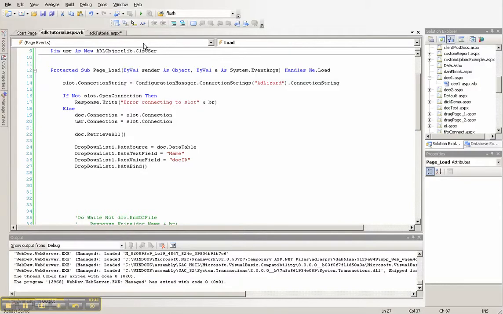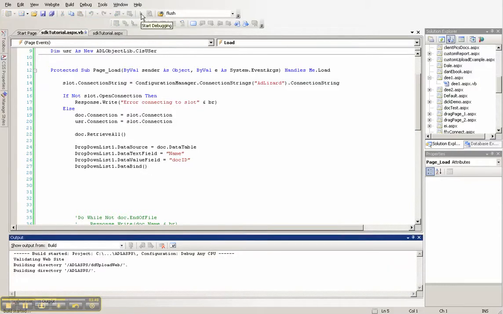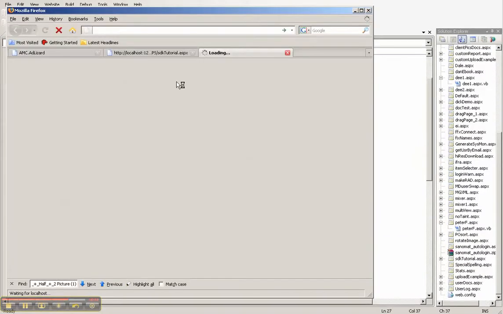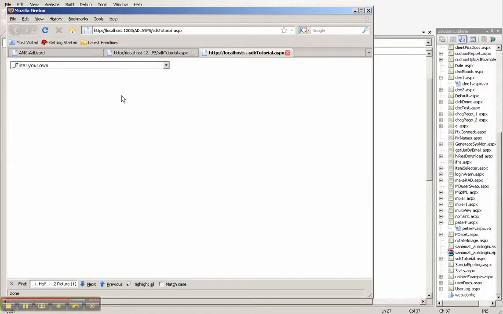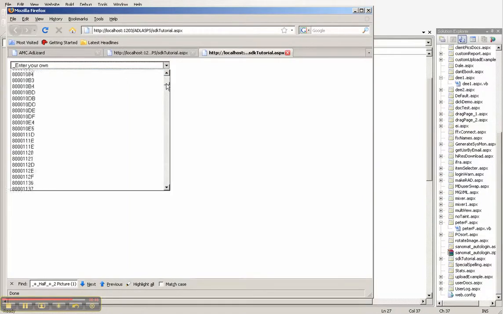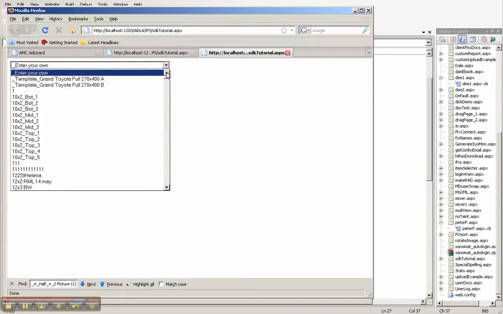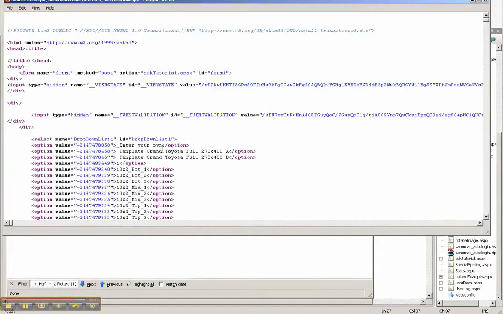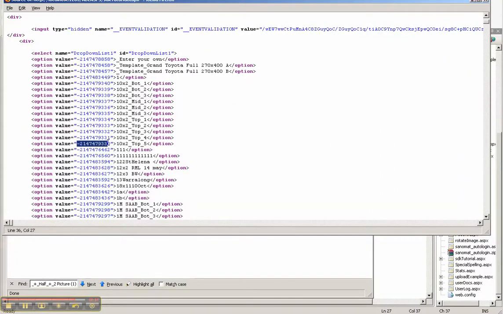Let's see if I got it all right. I'm going to run this again now. Website runs again. This time we should see our drop-down list on the page. And there it is. So all of the documents that we retrieved from the database now sit inside a drop list. But better than that, if we review the page source, we can see that the database identifier has been